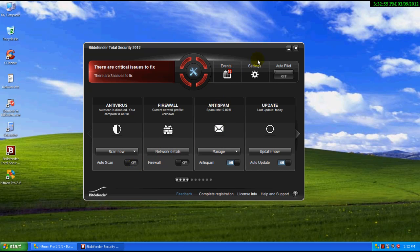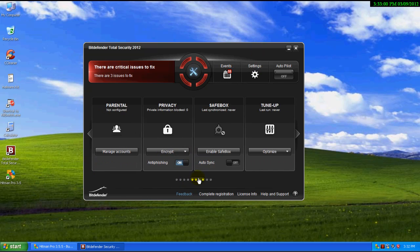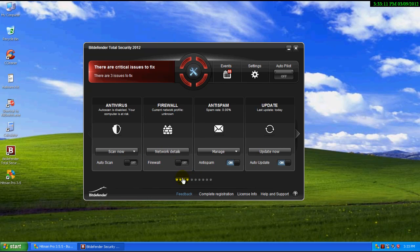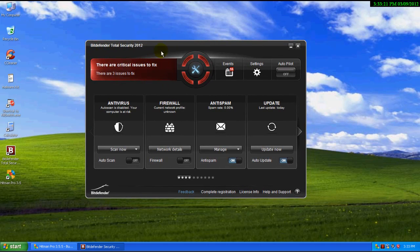So virtually to run this, I had to disable nearly every shield of BitDefender. Now suppose you get false positives and you have to disable every shield to run them. That's kind of a problem for the users. So I guess that's something they've worked on. And the first time I tried to run Hitman Pro, it kind of crashed and my system had to reboot. So they've still got a few bugs with false positives and all that, but still, let's see how it did